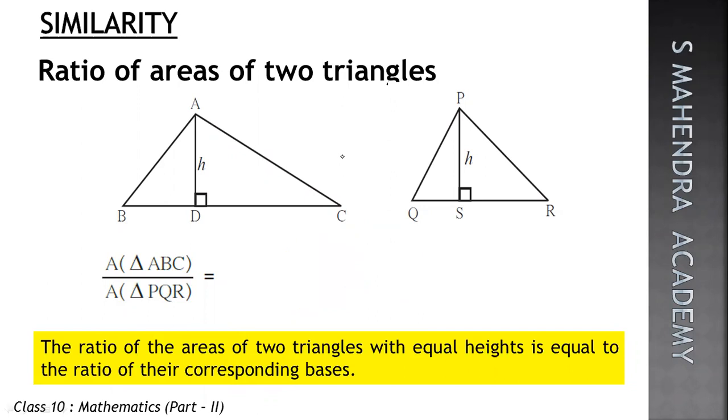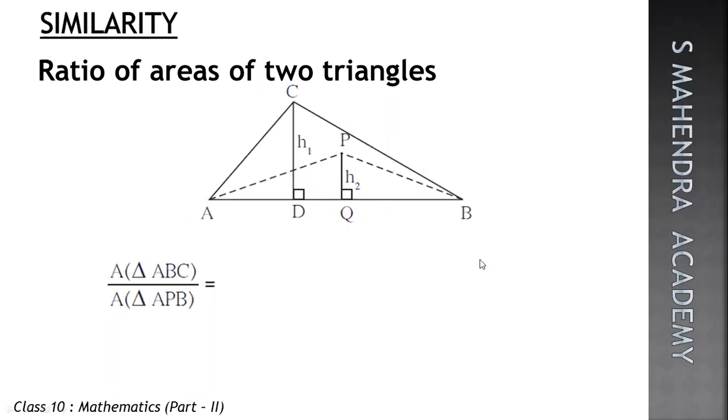In the next example, we have two triangles. The first triangle is ABC and the second triangle is ABP. So we will find out the ratio of these two triangles. For triangle ABC, the area will be